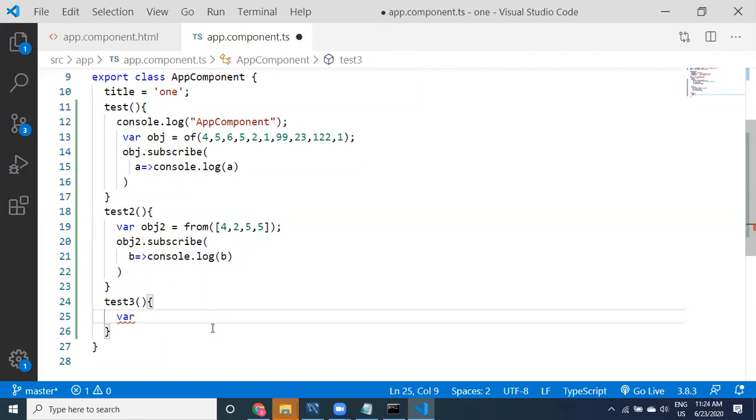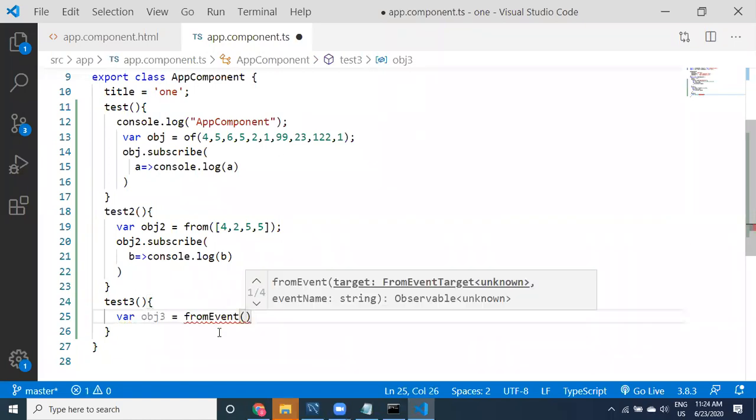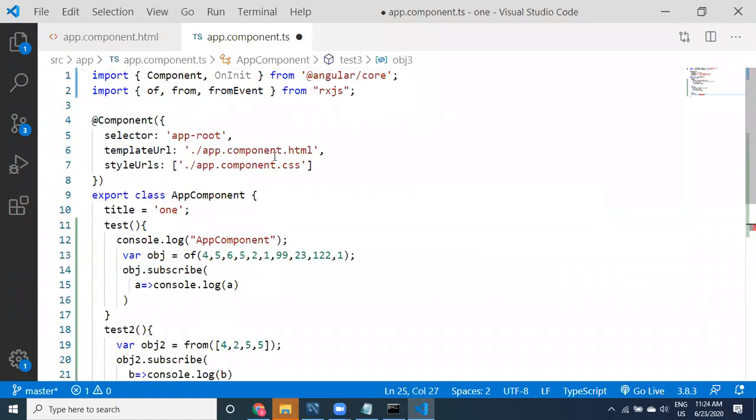From event. Got it. Using from event, you have to use fromEvent here.